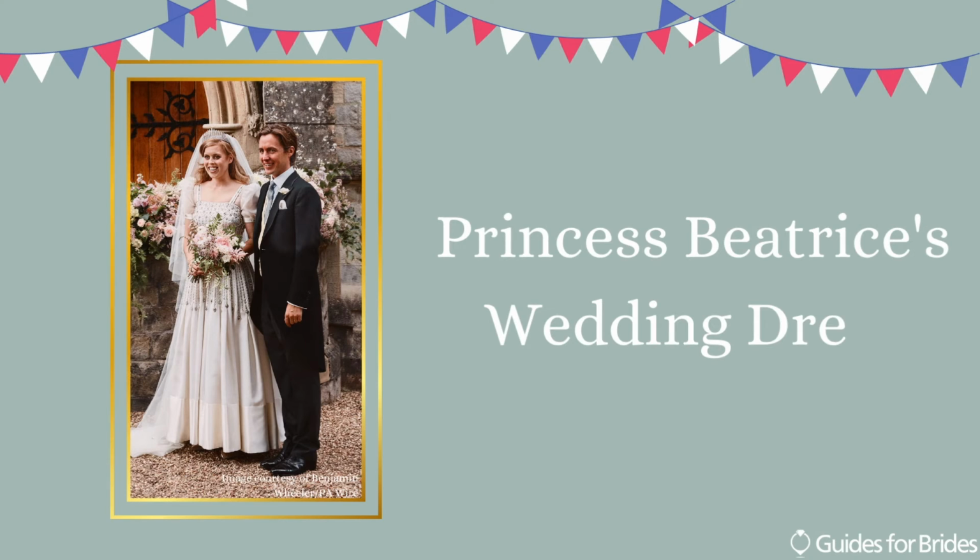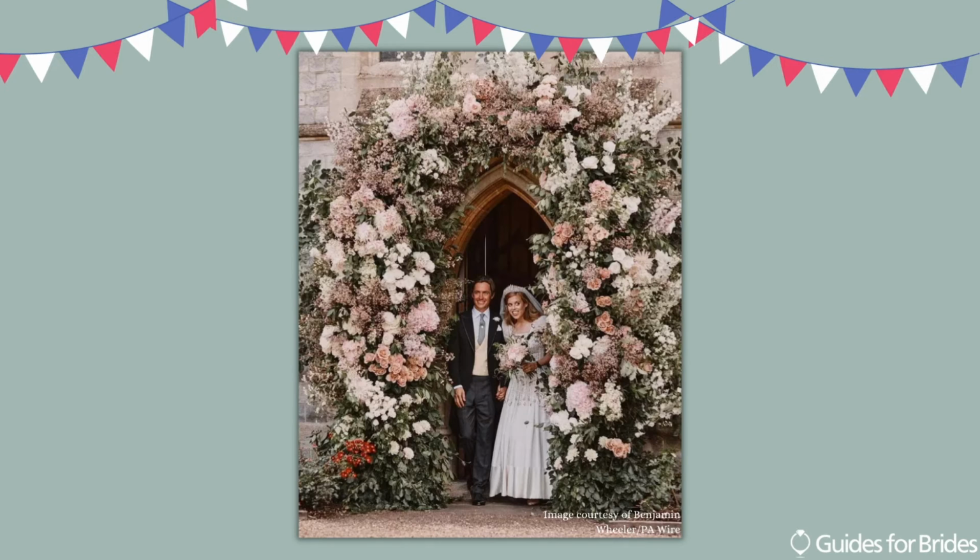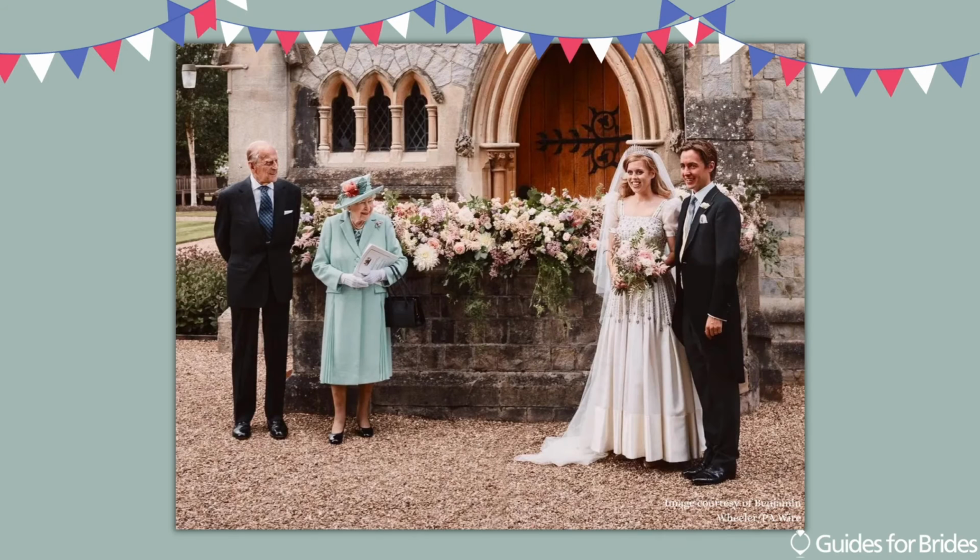Next up, Princess Beatrice. Princess Beatrice married Edoardo Mapelli Mozzi in an intimate ceremony in Windsor, during the height of COVID in 2020. Normally, the royals will use a luxury designer to create a unique and one-of-a-kind wedding dress, as we've seen through most of these. However,